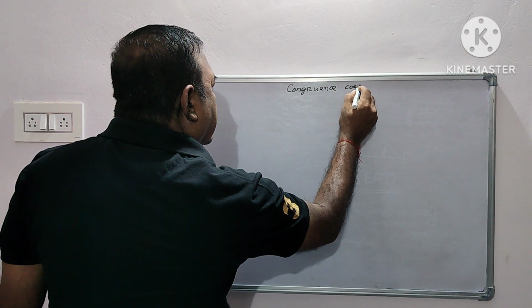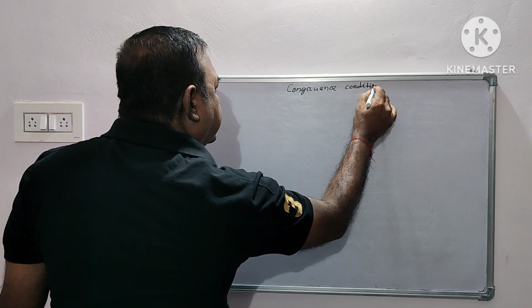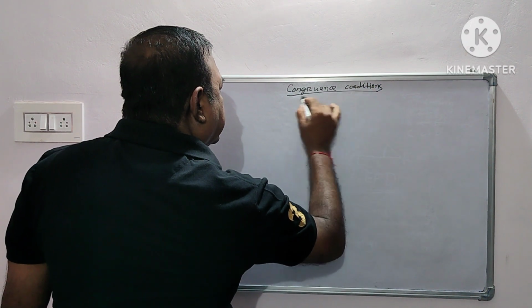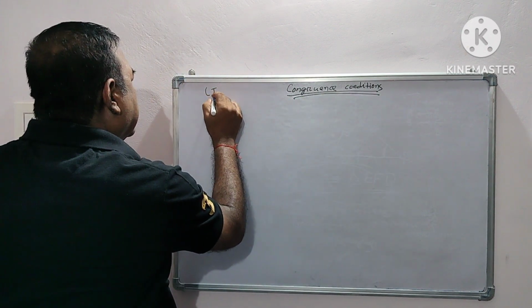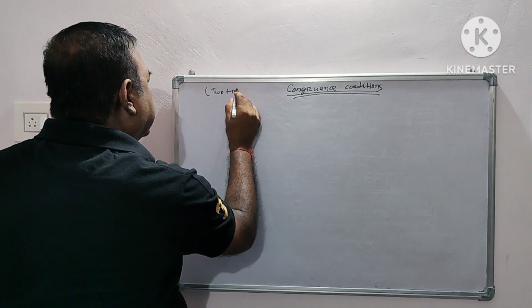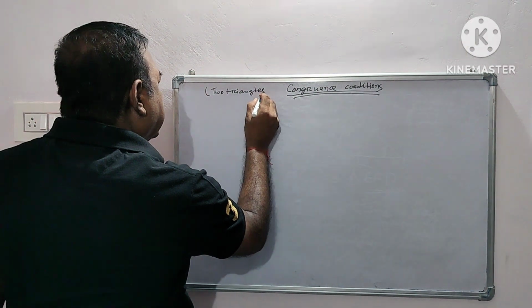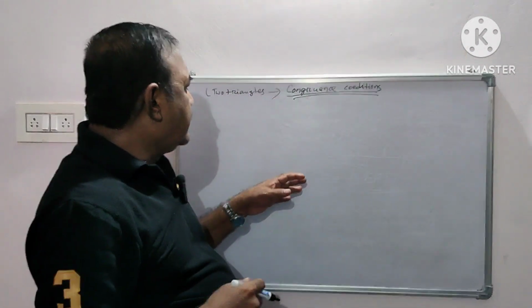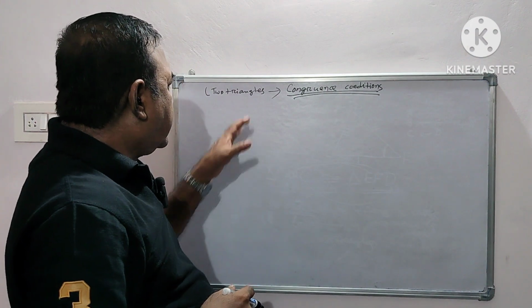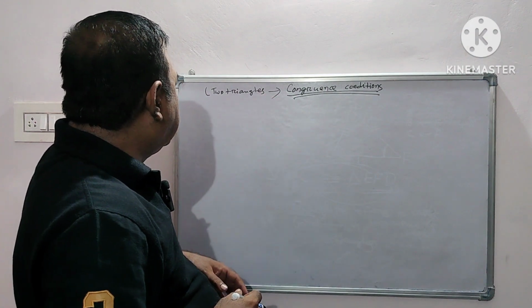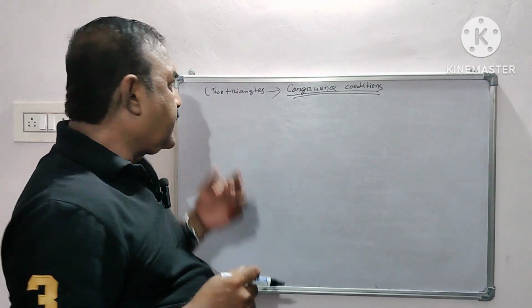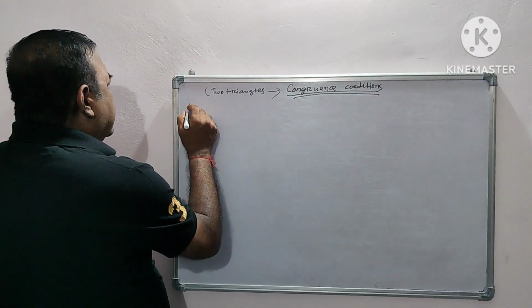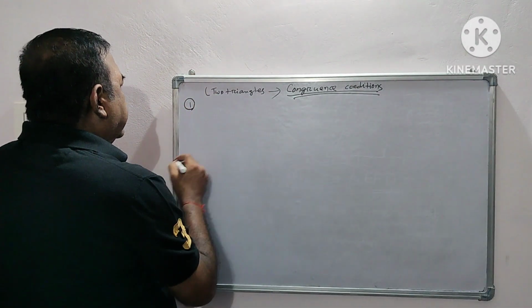Congruence conditions of two triangles. Here we are taking two triangles. What are the congruence conditions? What conditions will we take for the congruence of triangles? We will take two triangles as an example. First we will start from,